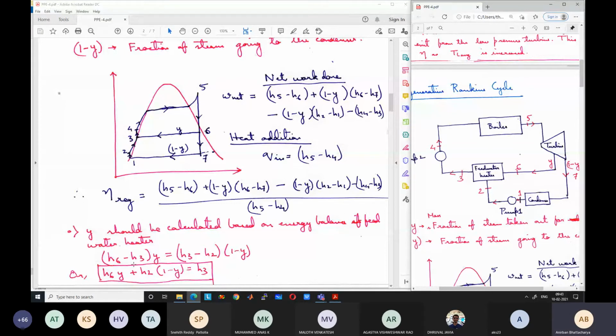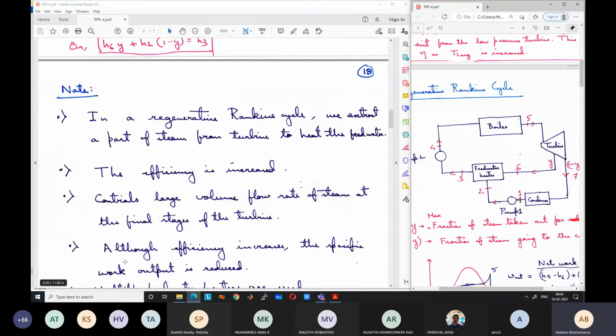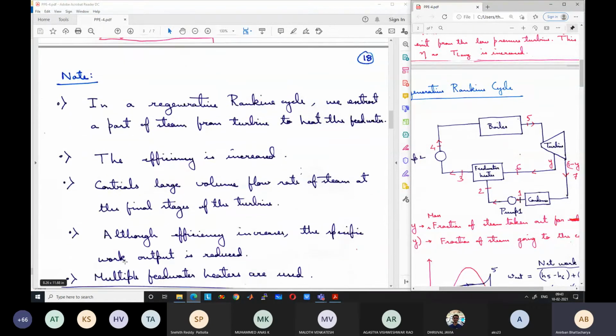So let us note a few points. In a regenerative Rankine cycle, we extract a part of the steam from the turbine to heat the feed water. We have already discussed that efficiency is increased. Another positive side effect of this is that because you are extracting a certain amount of steam from the turbine, for the low pressure stages